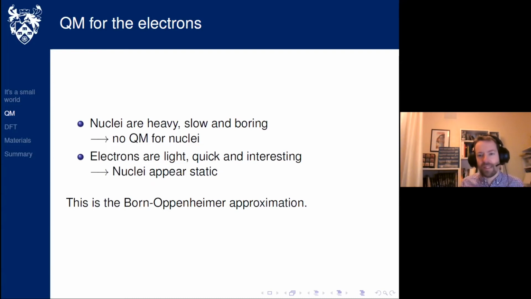In physics, we call this approximation, where the nuclei are treated classically as point particles and the electrons quantum mechanically, and we split off their two motions from each other and consider the nuclei to be static, the Born-Oppenheimer approximation. And it's great because it lets us not have to consider protons and neutrons explicitly. We can handle those separately. We can focus all our effort on the electrons. And it's so good, I've actually written a little poem as an ode to the Born-Oppenheimer approximation, which I'd like to share with you now.